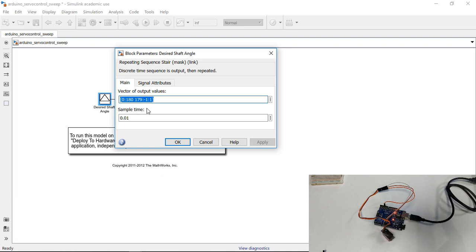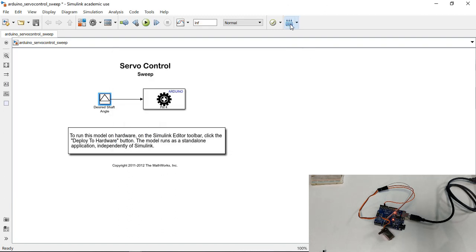So you can see the vector output: the angle goes from 0 to 180 with steps of 1, with the sample time as 0.01 second. So let's change it to 0.1 second. I'll click on apply, click on OK, and I'll deploy it to the hardware.